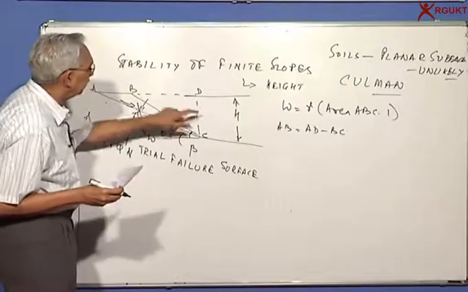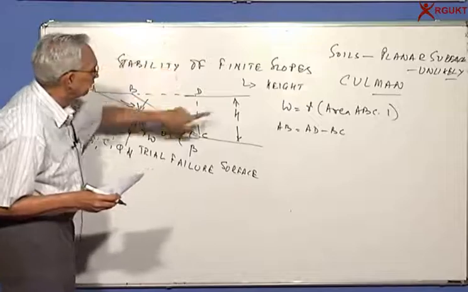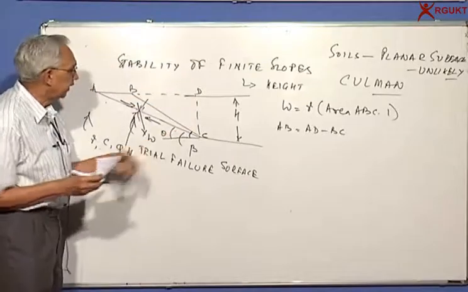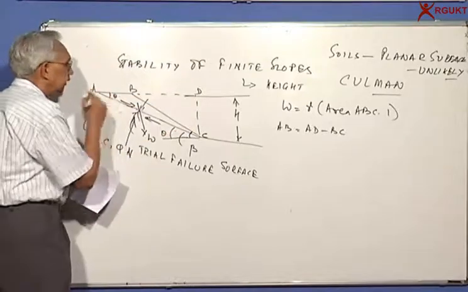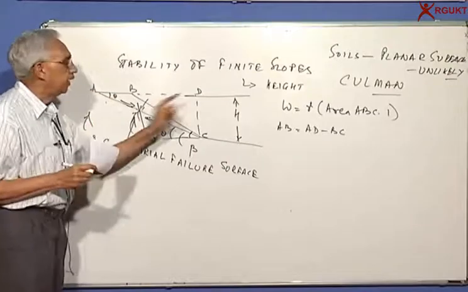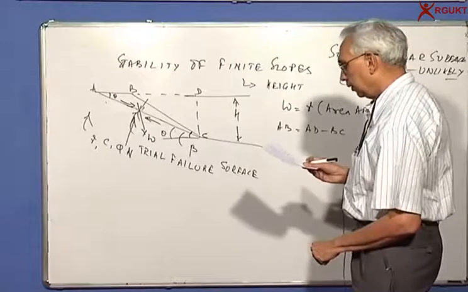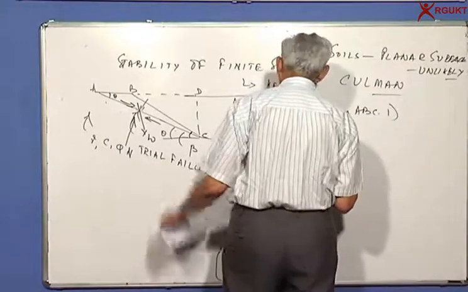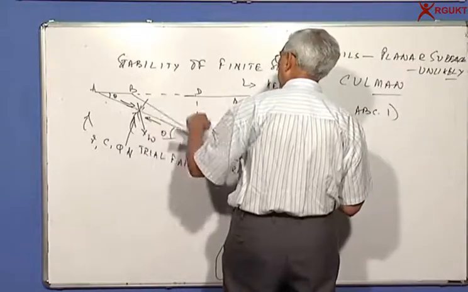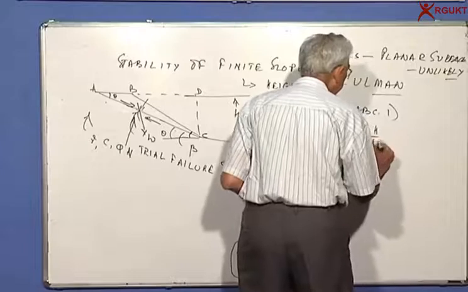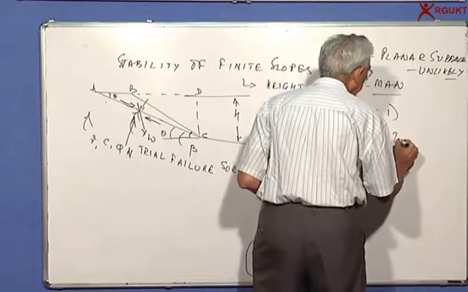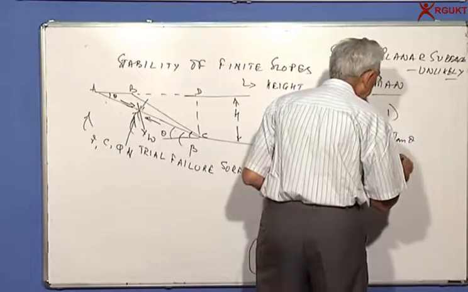So can I find AD in terms of theta? If this angle is theta, then h by AD gives me tan theta, so AD is equal to